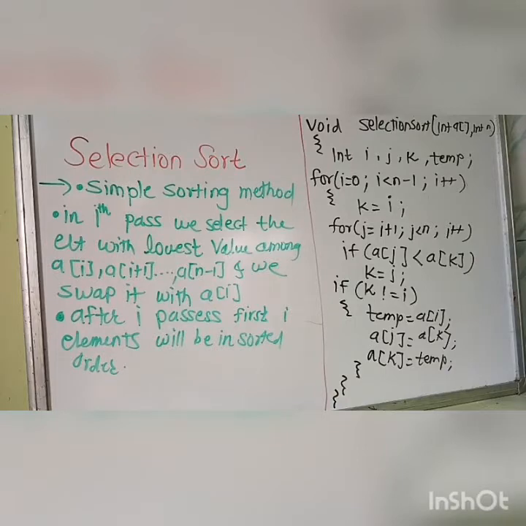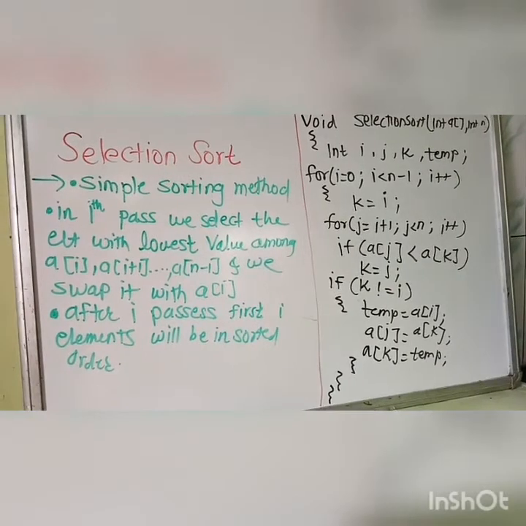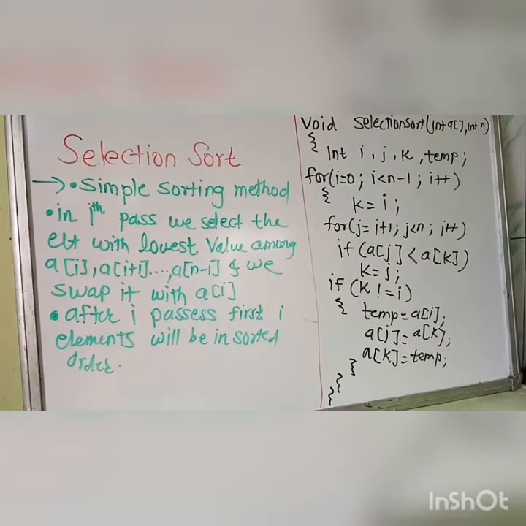Here we will see the next type of sort, that is termed selection sort. We had seen in the previous videos two different sorting methods, bubble sort and insertion sort, both having their own specific sorting mechanism to sort any array or any number of elements stored in that array. So now we will see what selection sort is.